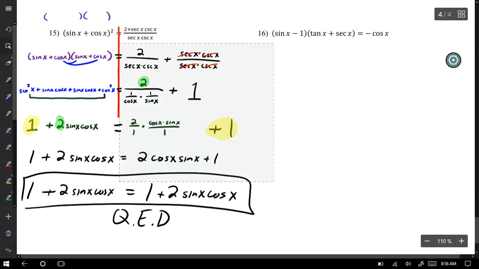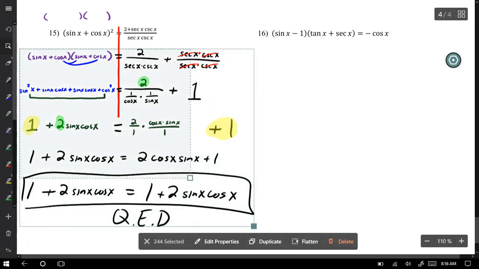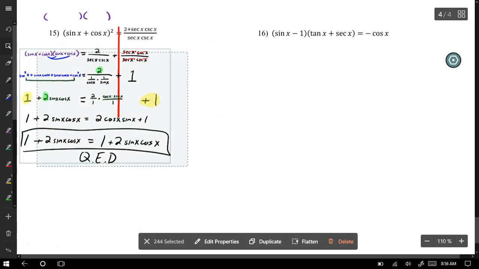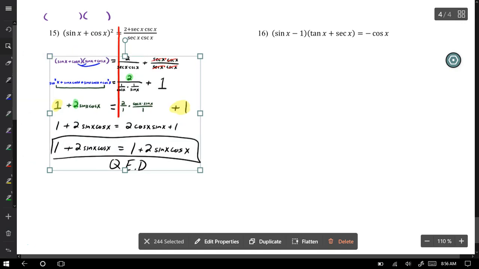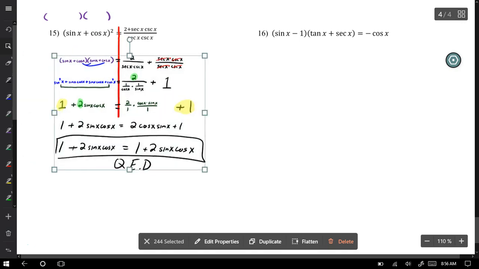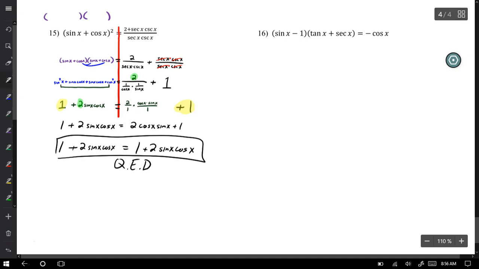Not something that's new, something we did in a previous problem for us. It's interesting that we are again splitting a fraction apart from the first step to the second step. And you gotta get used to when that happens. Now, one other interesting thing that we could look at is the idea that if you have secants and cosecants in the denominator,